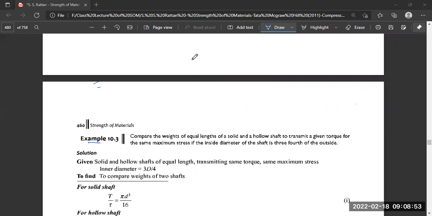In the last class, I started the module on torsion. What I told you is that any prismatic bar of a certain length and cross section can be subjected to various types of loading. Loading can be axial, loading can be normal to the axis, and loading can be a couple or torque